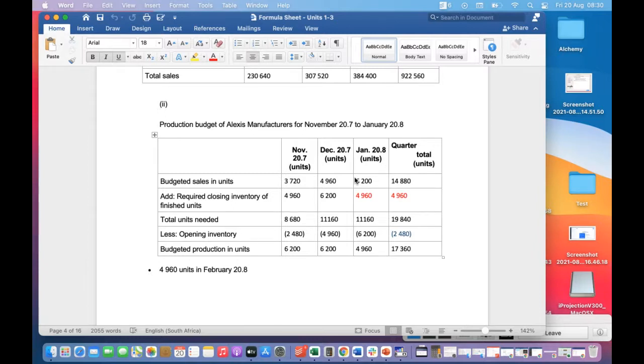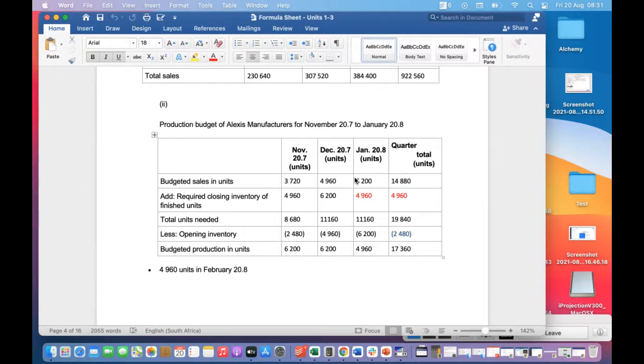So we then know that the required closing inventory of finished units is what we plan to sell in the next month. This is a copy and paste, because it would have given you this information. Then you say, okay, what are the total units needed? This is how much I want to sell in November. This is how much I need to have at the end of November. So the total number of units needed is this